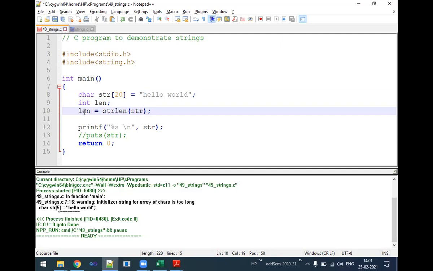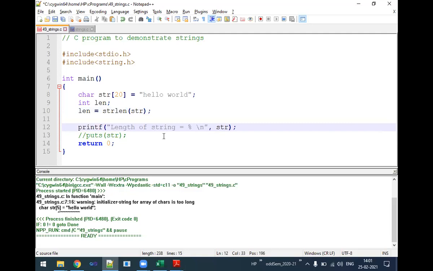Now I want to know what value len is having. To do that, I will use a printf statement and write the length of string equals %d, and here len. Okay, and I will run the program here.